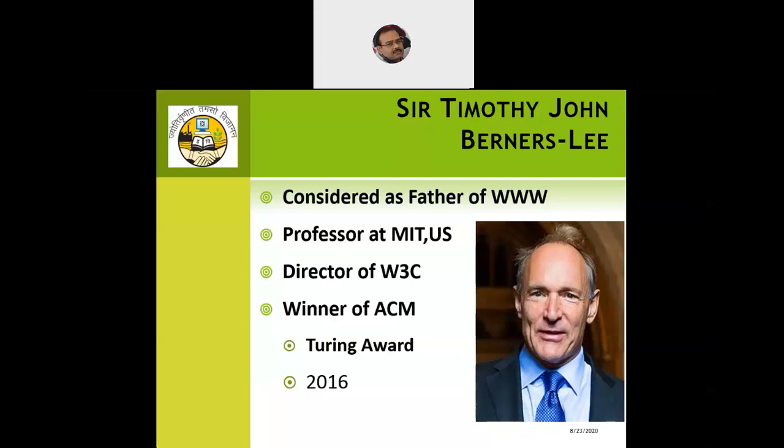And the good thing about the ACM, coming back to the point, is that we do not have a Nobel Prize in computer science. If you look at the other branches of science, physics, chemistry, and biology, they have the Nobel Prizes, awarded every year by the Nobel committee in Stockholm. But we don't have a Nobel Prize in computer science. So for that, ACM started the award way back in 1965, and now it's 2020. So 45 plus 10, 55 years have passed by.